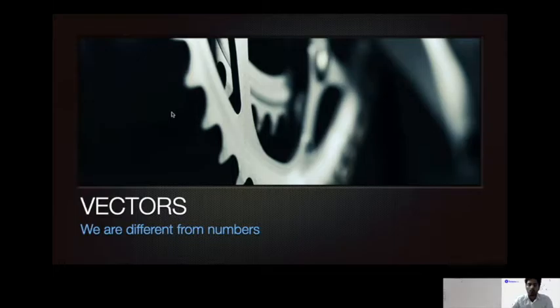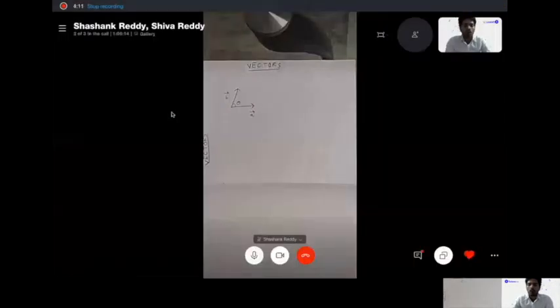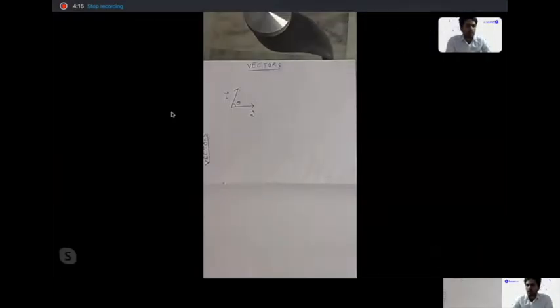How are they different? For that, let's try to understand what we have been doing with numbers. There are certain quantities in our day-to-day life for which the representation is just plainly through numbers. Is it not? For example, if I have to talk of the number of mangoes in a basket, I just need to say the number, 20, 25. If I have to talk of the amount of rice in a big bag, I just need to say 25 kgs of rice, etc. That's sufficient. Right? The quantity, for example mass, is a scalar, for which I just need to assign a number and that would be sufficient.